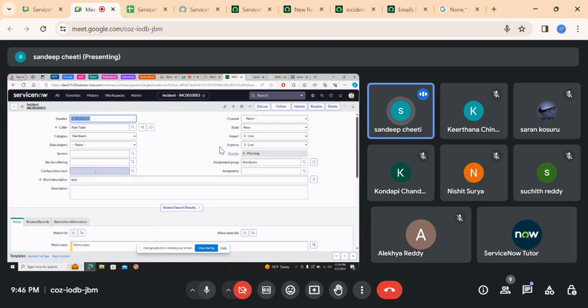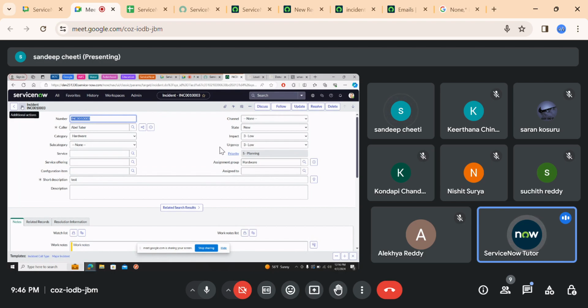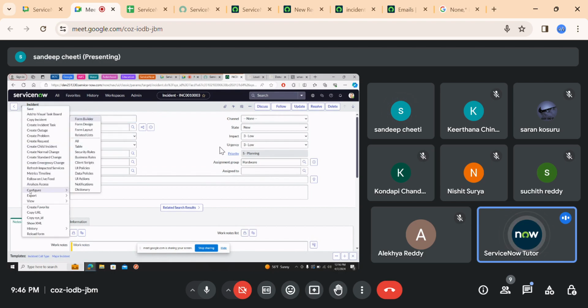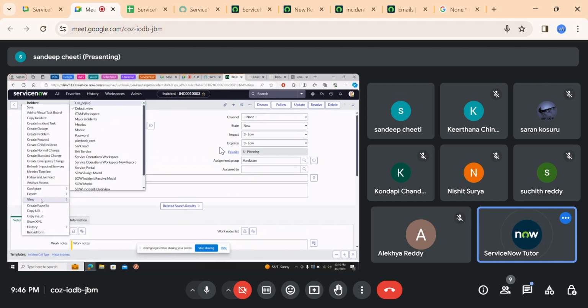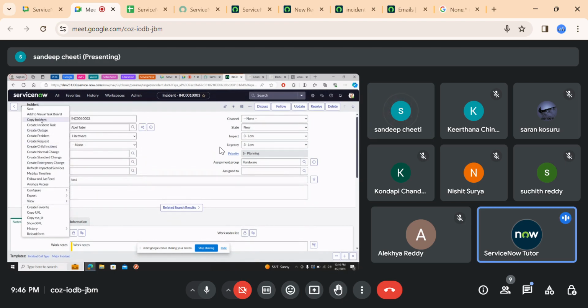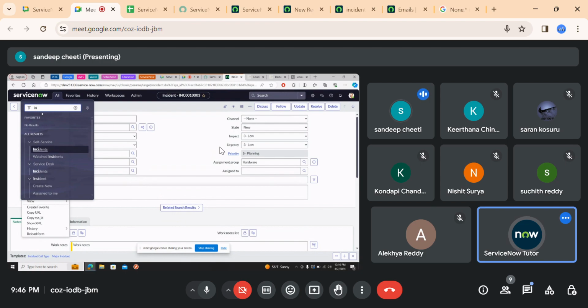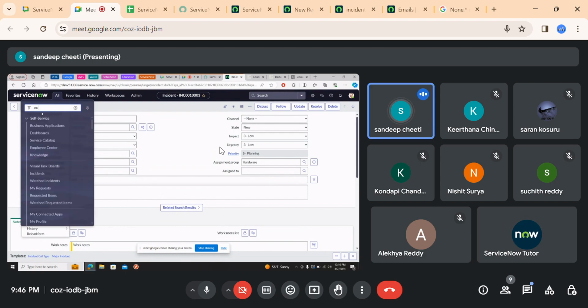Okay, we are here with the incident. So we'll go to notifications back again, right? You have to go to the outbox in order to check whether the notification is received or not. In the application navigator, you can check for outbox.